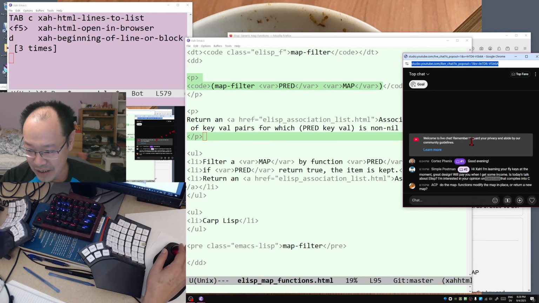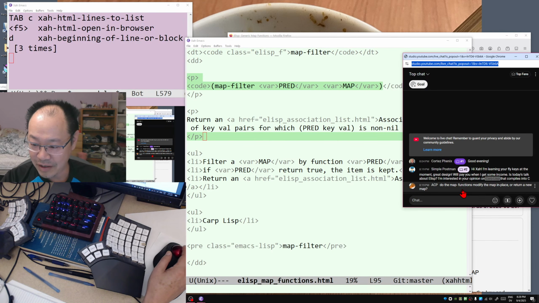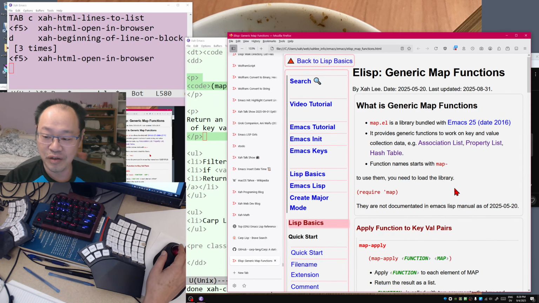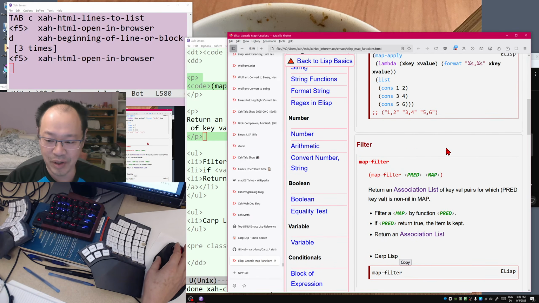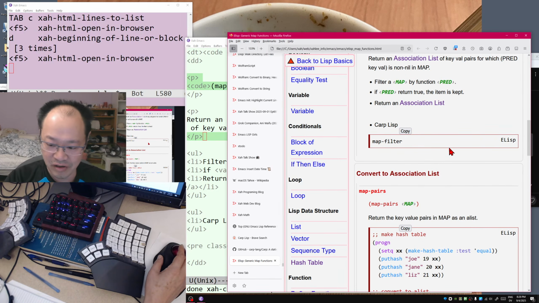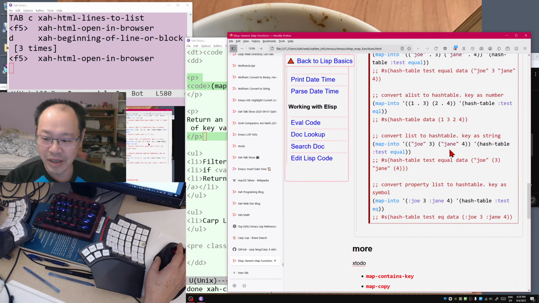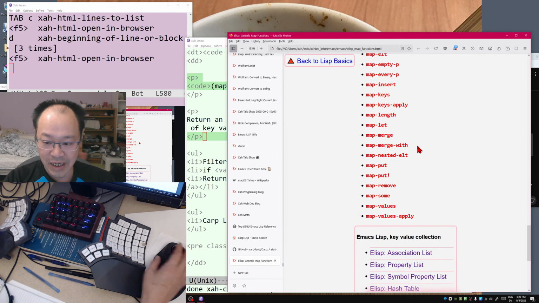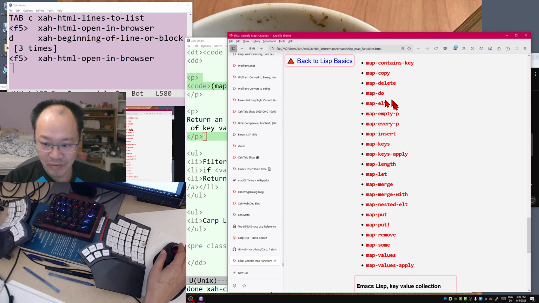Okay, so ACP has a question. Do map functions modify the map in place or return a new map? That's a good question. I think most of them return a new map, because this is part of the new generation of libraries, where in the past 15 years functional programming became more popular. So I think most of them return a new one. I'm pretty sure. That's my guess, but I haven't really looked into it. That depends, because